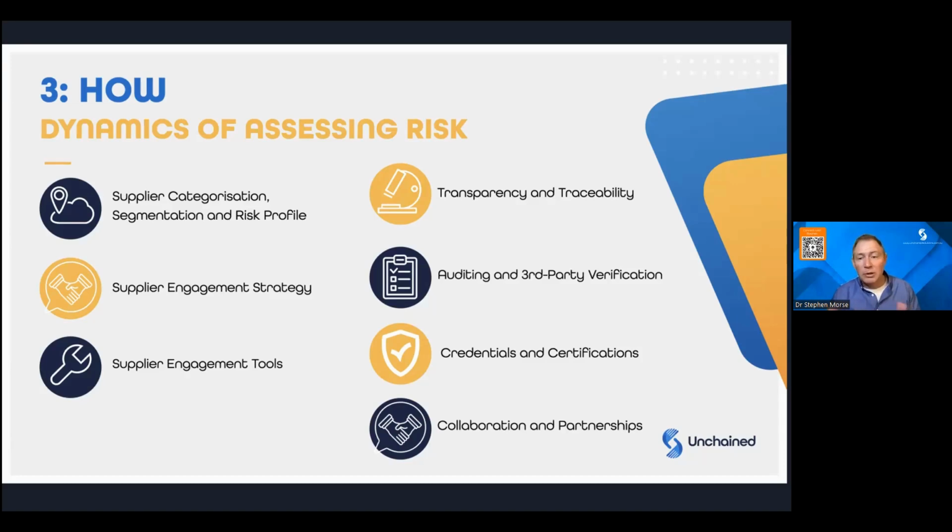A key component in terms of improvement is around credentials and certifications, which enable organizations to lift their game even before they've been assessed for risk, that they're actually taking proactive approaches to be self-assessed and to meet certain standards,